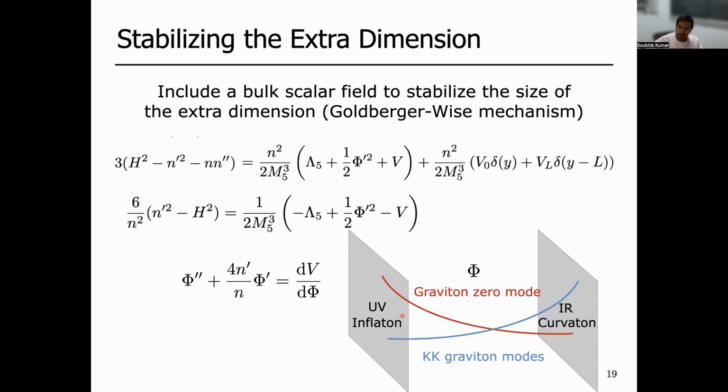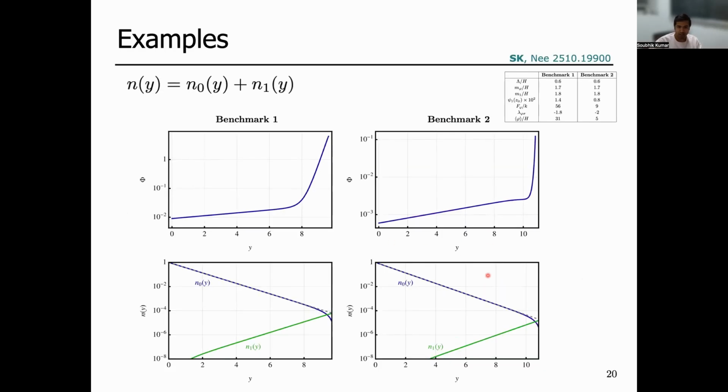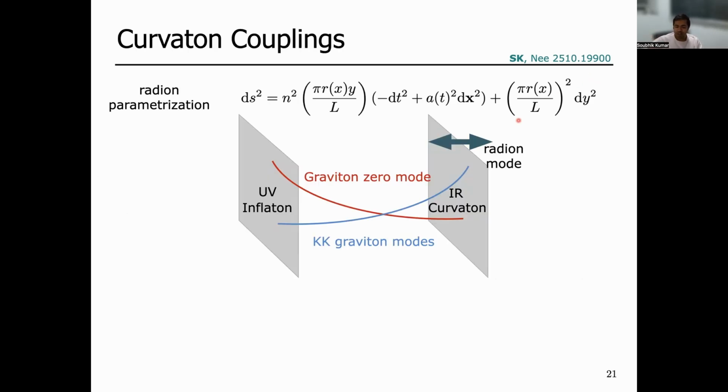So now we can actually compute these KK graviton-curvaton couplings and what kind of non-Gaussianity we can get out of this. As one technical aside, you also have to stabilize the extra dimension, and this can be done using the familiar Goldberger-Weiss mechanism, which we discuss in detail in our paper, for example, how to solve for the Goldberger-Weiss profile and what the back-reacted warp factor is. All of these details are in there if you want to have a look. So let me now get to the result.